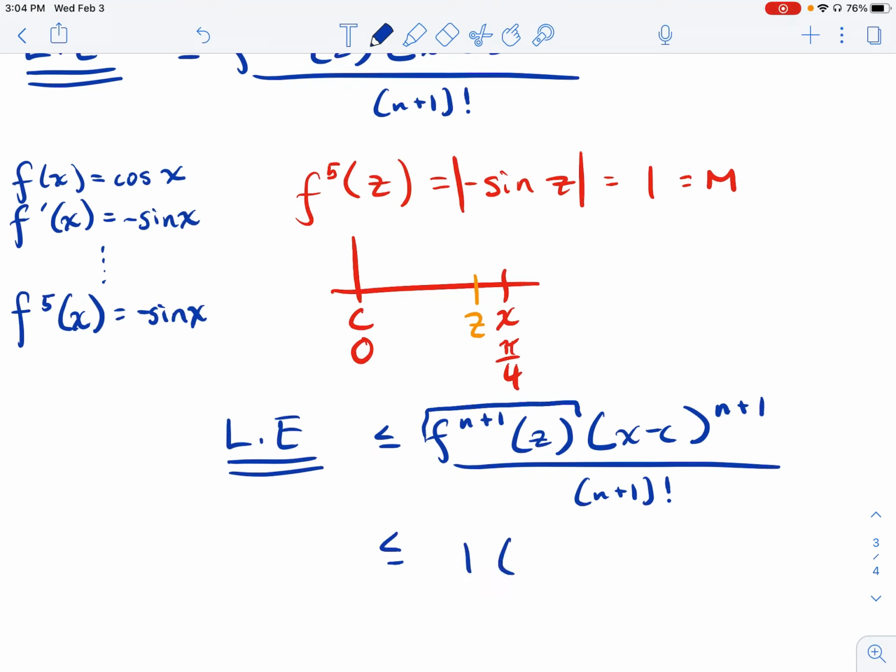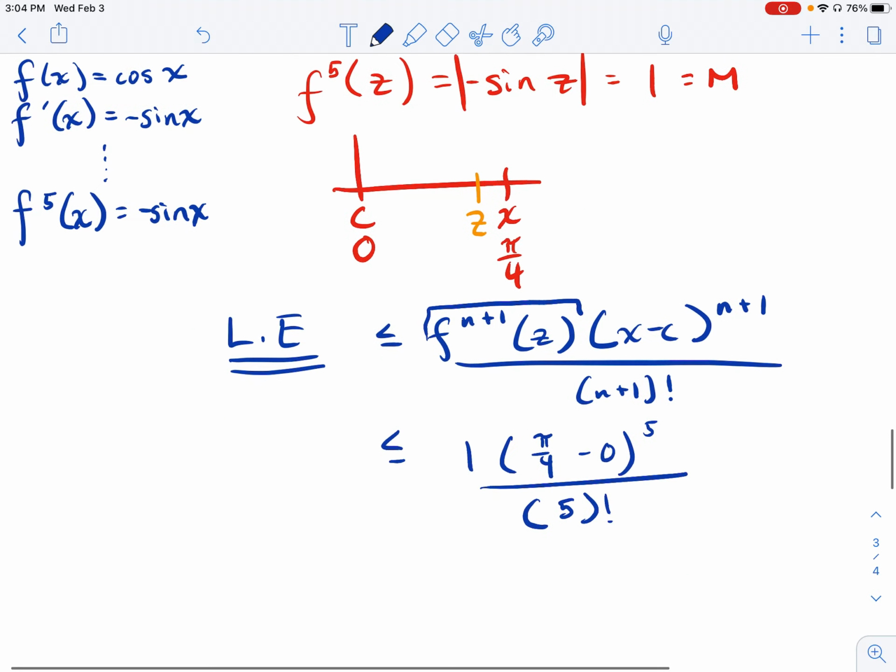We know that our x value is pi over 4. Our c value where our function is centered is 0. And we're raising this to the 5th power, all over 5 factorial. If I clean this up a little, pi over 4 to the 5th power all over 5 factorial is approximately equal to